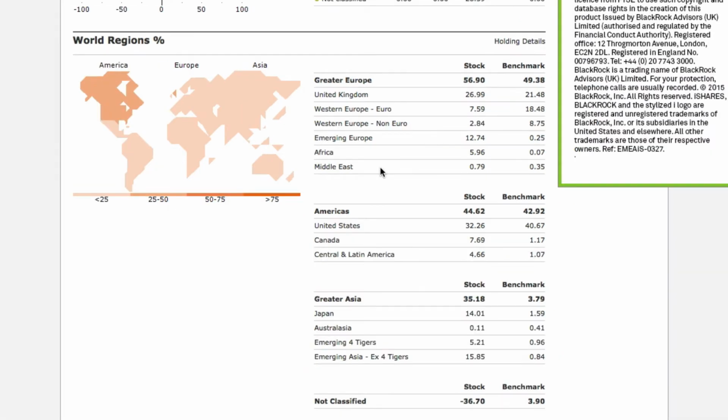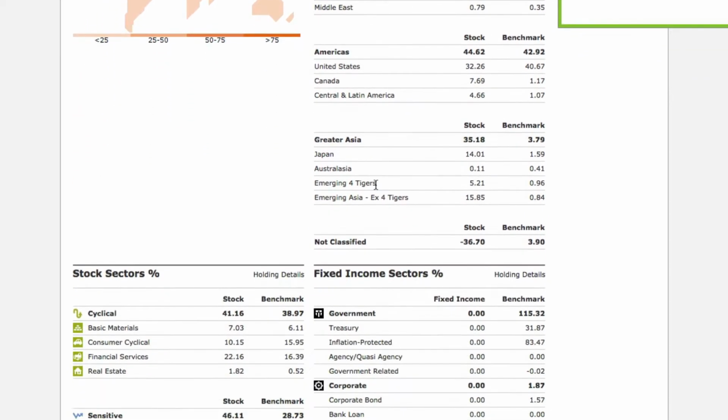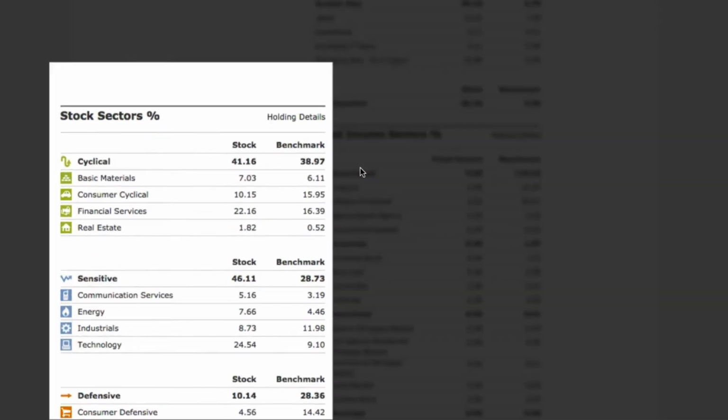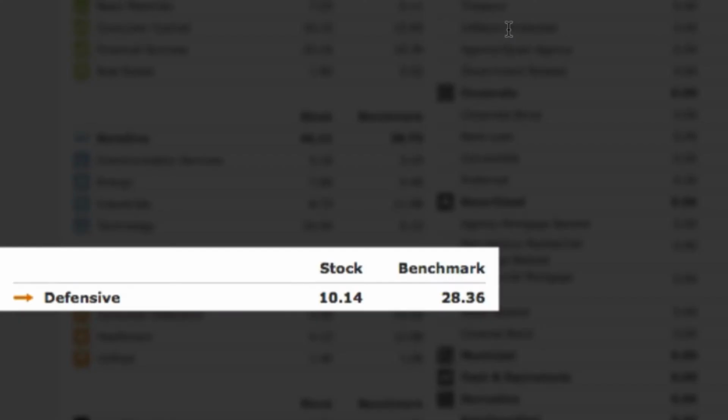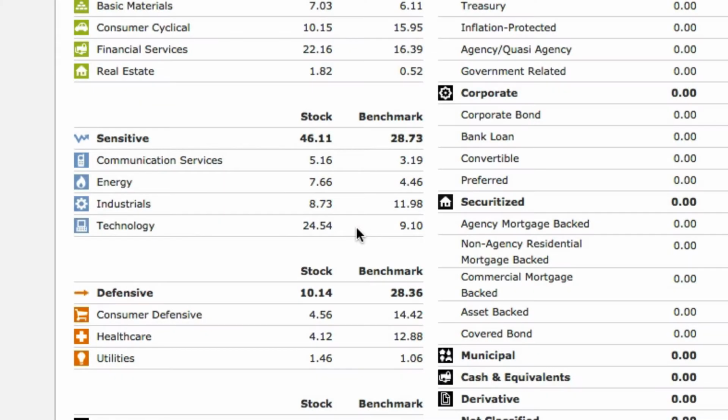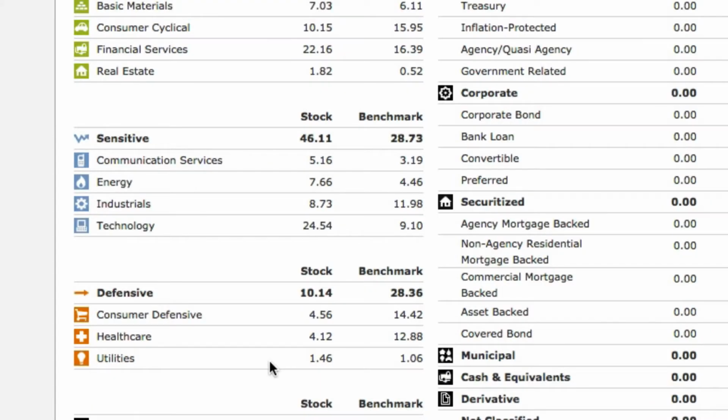So now let's take a look at the sector spread of my portfolio. I can already see that 10% of my portfolio is invested in companies that fall into the defensive sector. Now, everyone has their own investment style, but I'm a more risk-averse investor, so I should potentially be allocating more of my money to defensive companies, and the X-Ray tool has made me aware of that. If we look closely, we can see that I only have 1% of my assets invested in utilities, so this is an area I might look to build up on in the future.